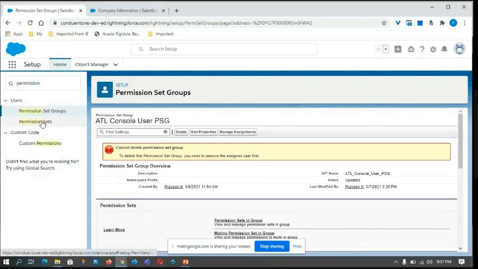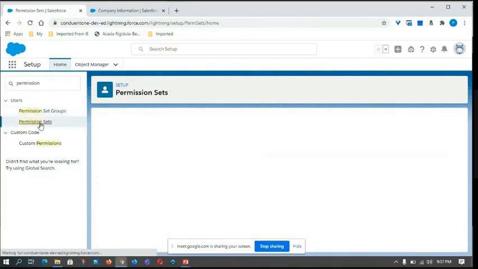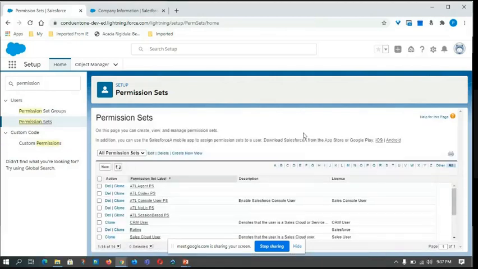So these are the main things we are going to use in real time, and how we create groups and sets. Ideally we create just profiles, and we try to create a lot of profiles. We never try to use permission sets or permission set groups in our projects. But to make it easier, Salesforce brought permission set groups into the picture, so that the admin complexity of a particular org will be reduced and easy to maintain. These are the main advantages of this thing. If anybody has any doubts, you can ask questions.